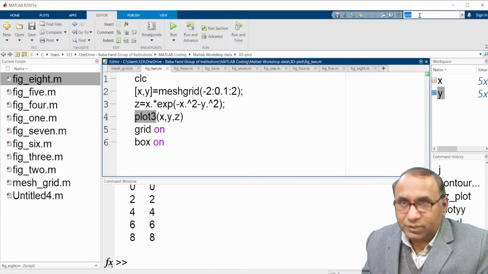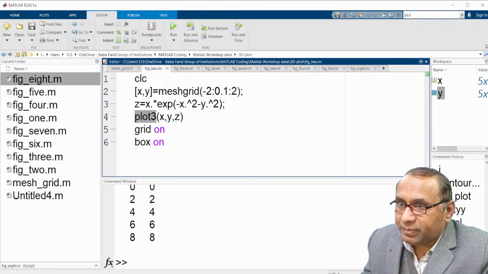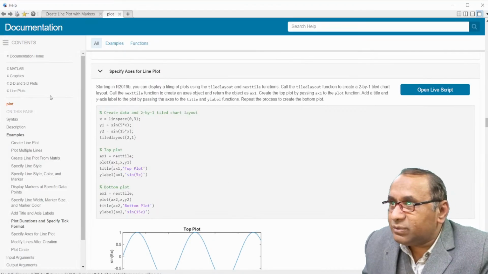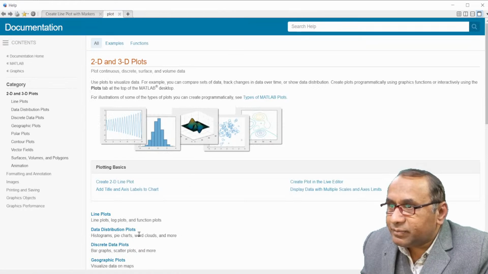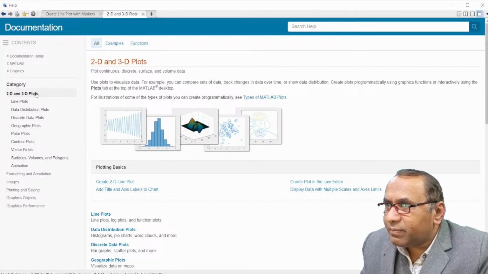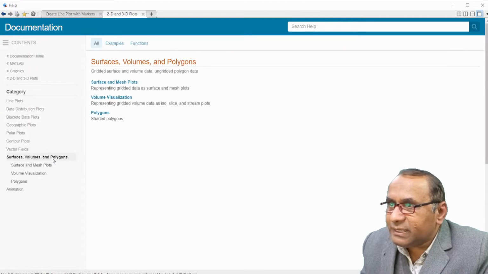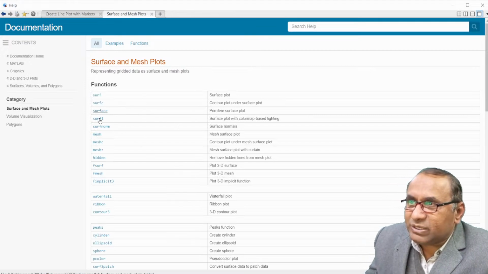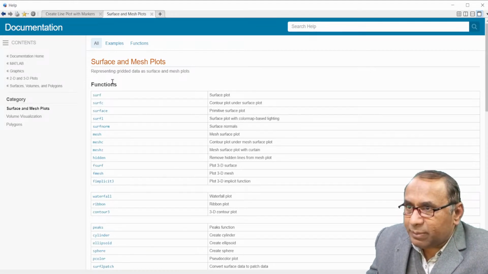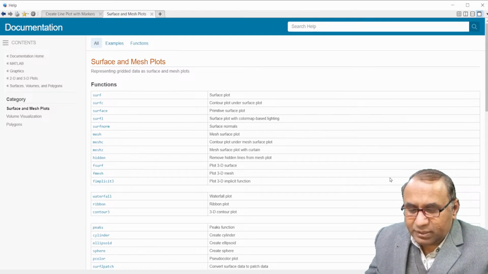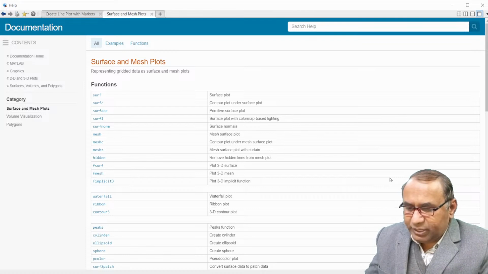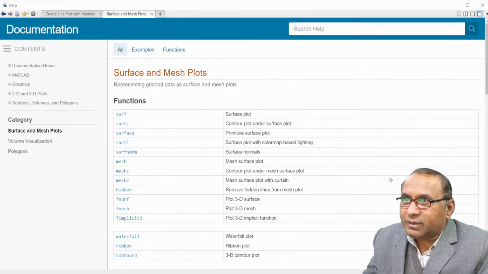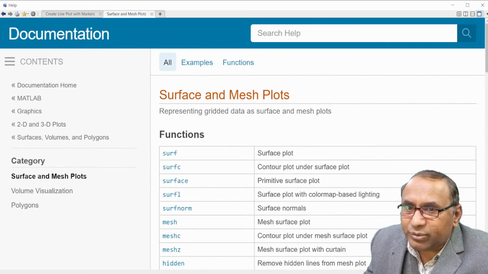See here, when you open this new command, come to this new window, and here is the 3D plot, polar coordinate, surface. You can see there are various types of functions for 3D plotting. This is the complete list. You can also increase the font size. How can you do it? Control and plus. Yes, so you can see